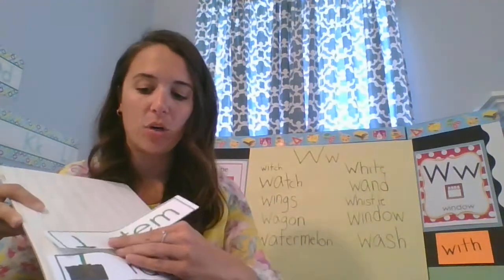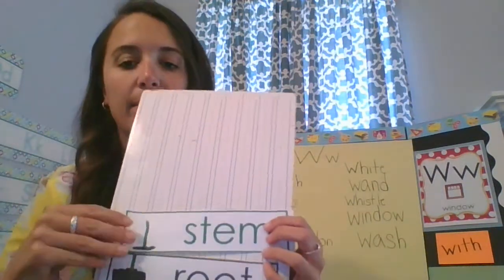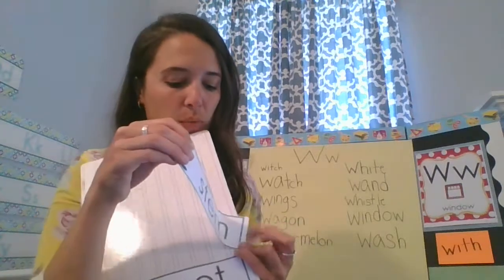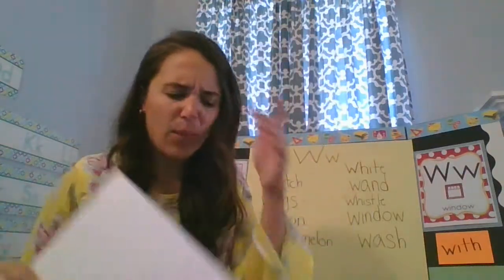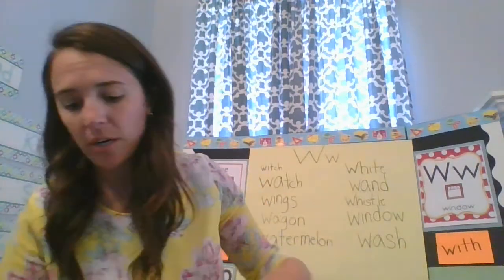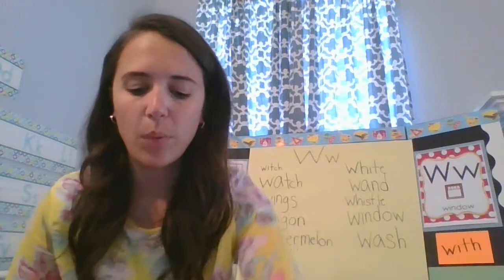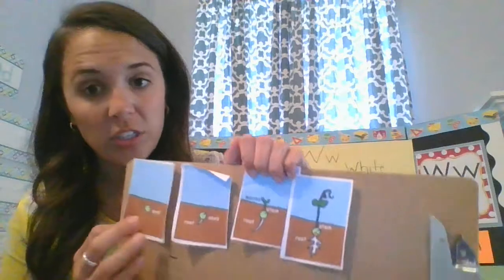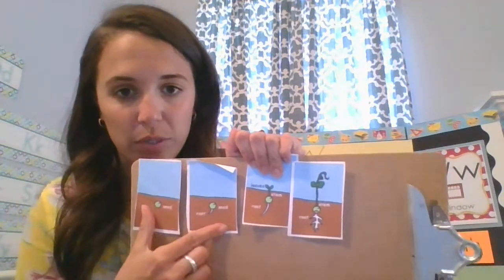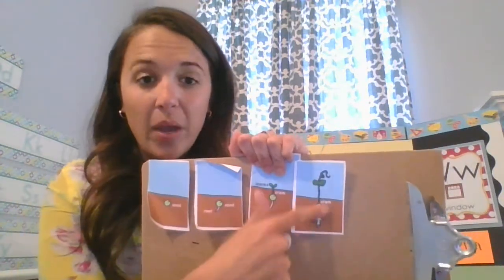So I'm going to put on my diagram, I'm going to draw the stem. I'm going to put this together. So the roots are under the soil, and then the stem is standing straight and tall. And we already kind of talked about this part, but we didn't talk about it in order. So first, there's a seed, and the seed gets roots, and then we talked about the stem,